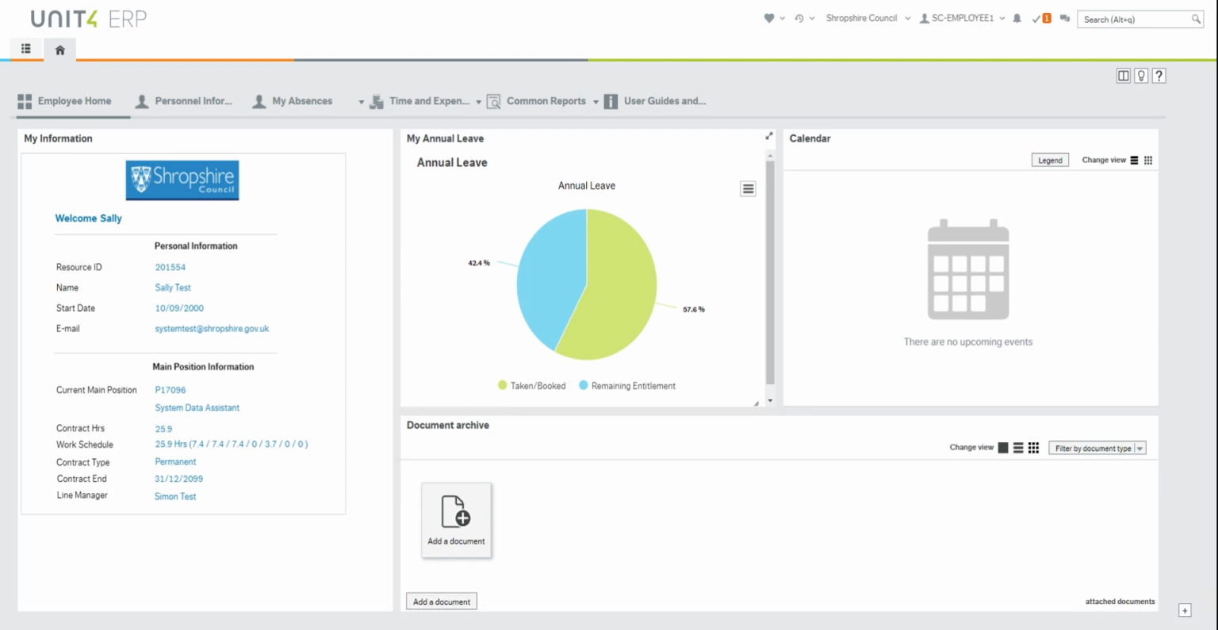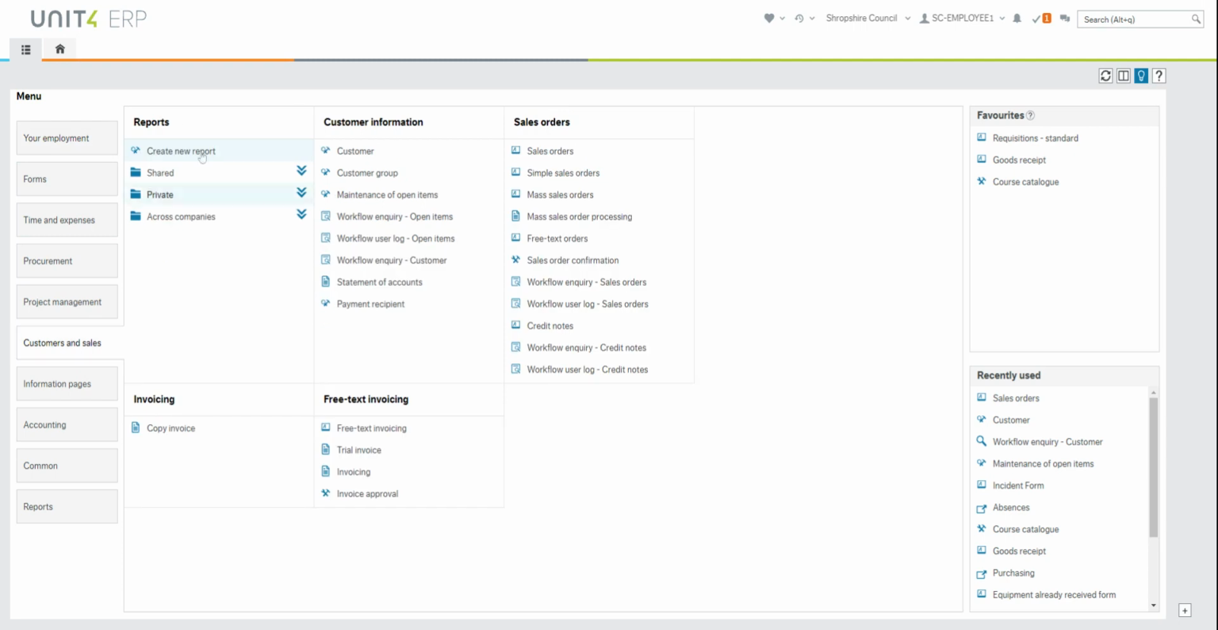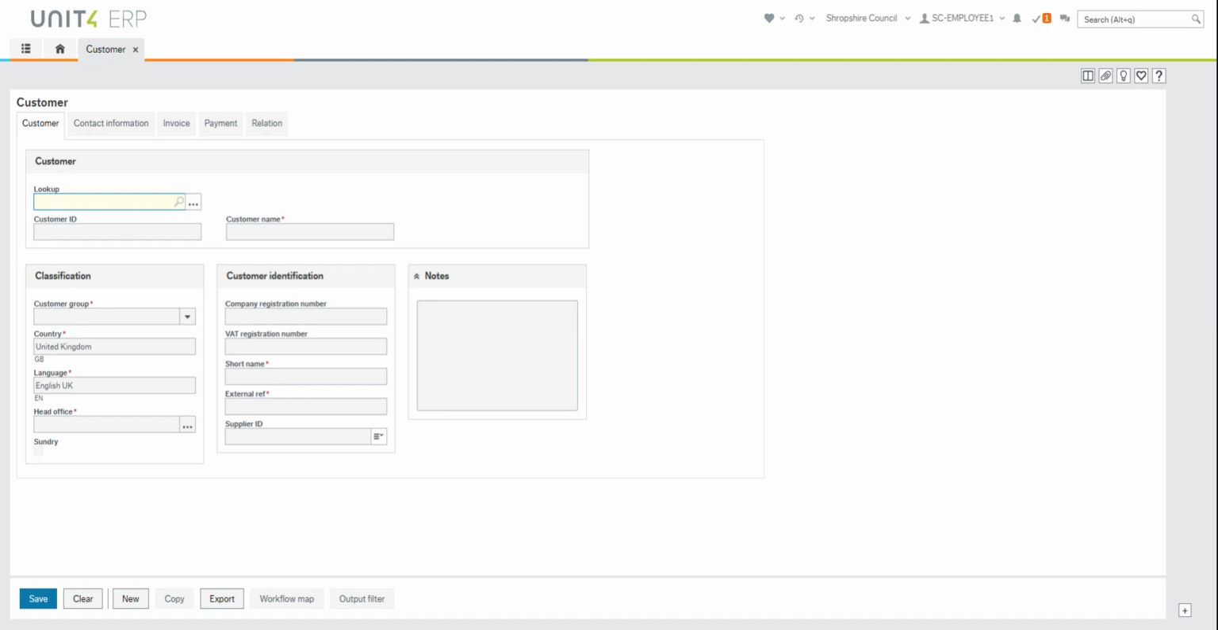How to check for a customer and how to create a new customer. You need to go to the main menu, then Customers and Sales, and click on Customer. This is the customer master file with all the customer records in. To look for a customer, or to check whether one you need to add doesn't already exist within the system,